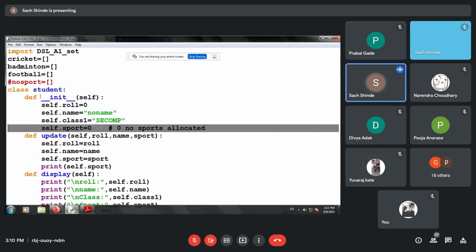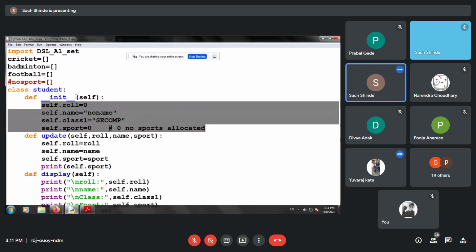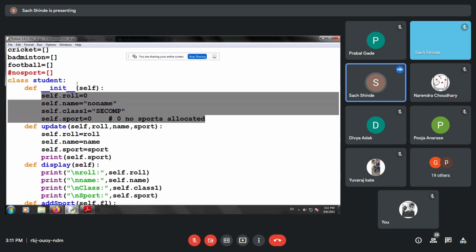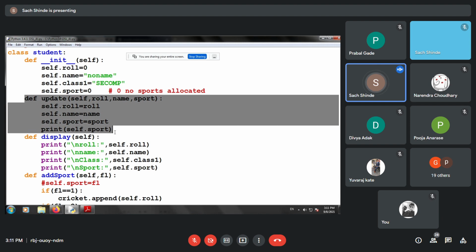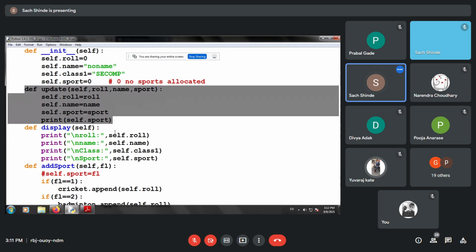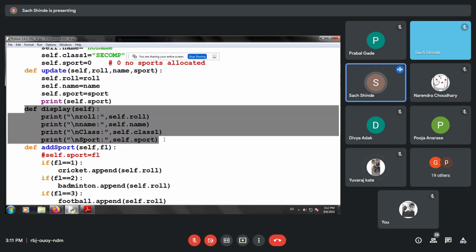This init is nothing but a constructor of that class which is called automatically by default. So over here we specify the default values for the students. Now second, we have the update function where we are going to update roll number, name and sports if any to the students. And finally the display function, it is just displaying the information of the particular student.